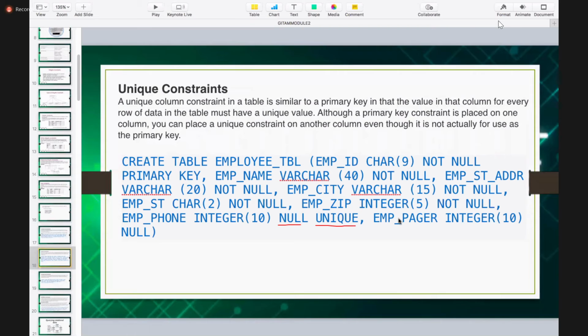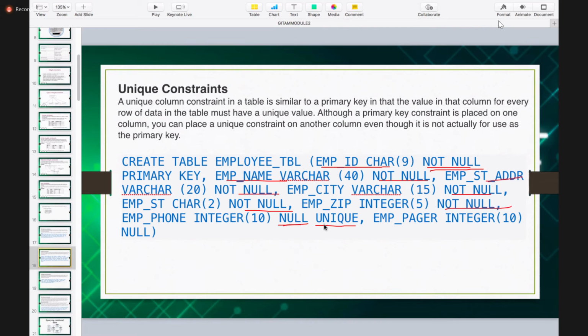Are you following? As I told you, the example of how to create the table using constraints is the same thing, but for each and every column, they have mentioned one constraint. ID as not null, primary key, name as not null, address as not null. Address variations are all, right? Like street address, city address, state address, and then zip code. Not null.